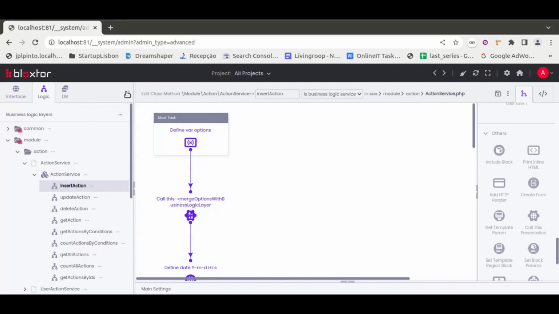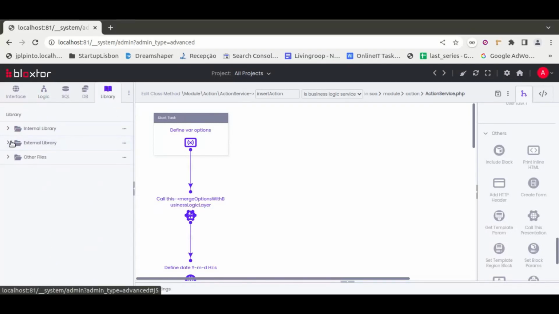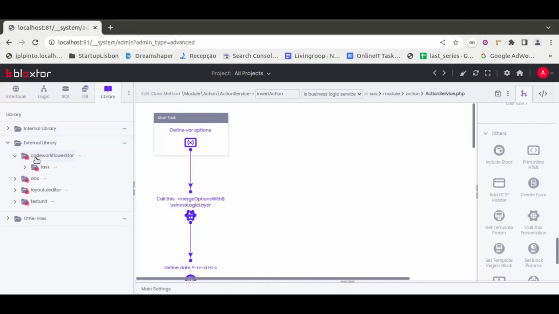To do that, we need to show the advanced items, so we can go to the corresponding place where these user-defined tasks will be. Inside the library tab you have the external library, and in here you have a folder called Code Workflow Editor, and inside you have another folder called Tasks. Everything that you drop or upload inside of these tasks will affect what appears in